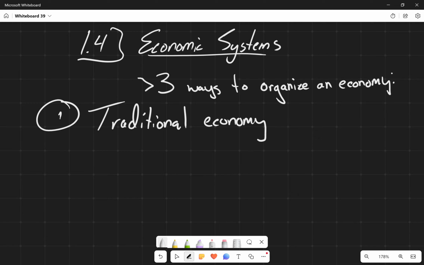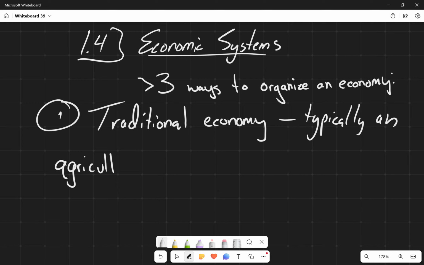A traditional economy is typically an agricultural economy where essentially inertia rules the day, right? If it ain't broke, don't fix it. So things are done the same way they've always been done. No innovation.